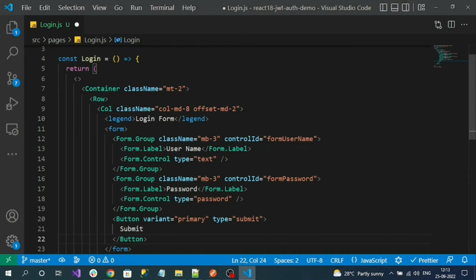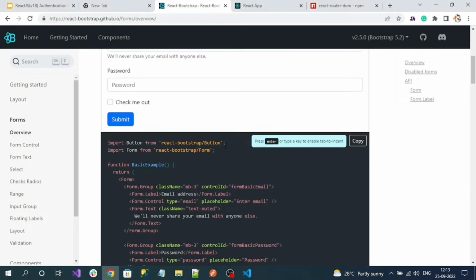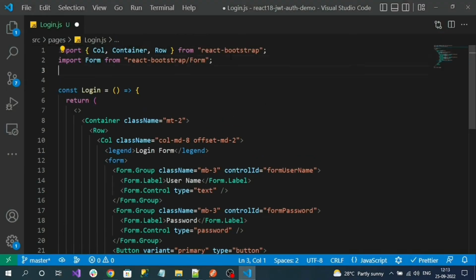For this form, I won't use submit, I will use like button type. Okay, so that I can use the click event. And since we used button, right, let's import the button namespace. So add the button namespace here,